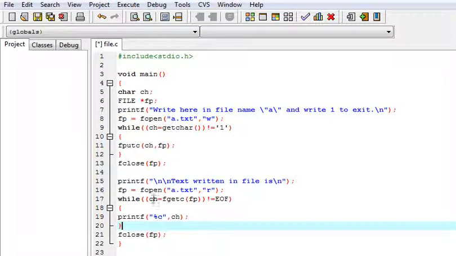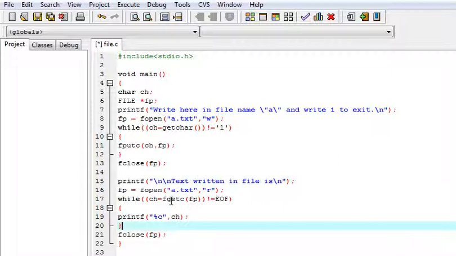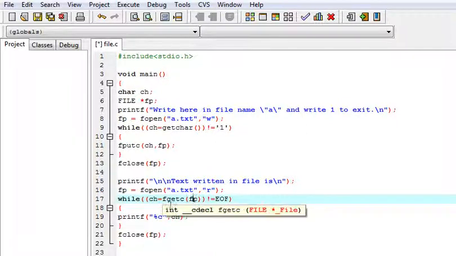While ch is equal to fgetc, get character, f for file, get character from the file which is pointed by fp, and put it in ch until EOF, that is end of file, is detected. It will get the character from the file pointed by the fp file pointer and put it into ch.